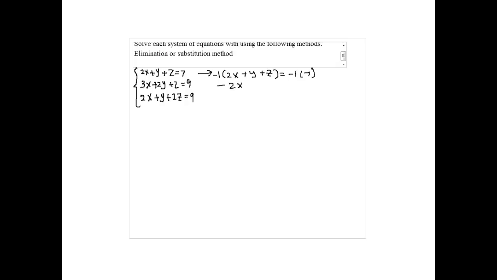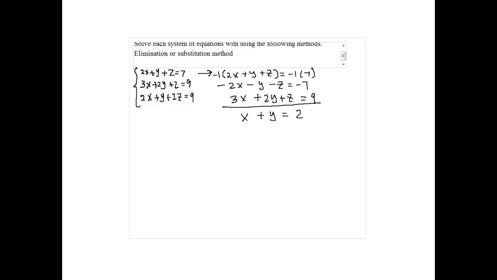So we have -2x minus y minus z equals -7. By adding the equation to the second original equation, which is 3x plus 2y plus z equals 9, we have